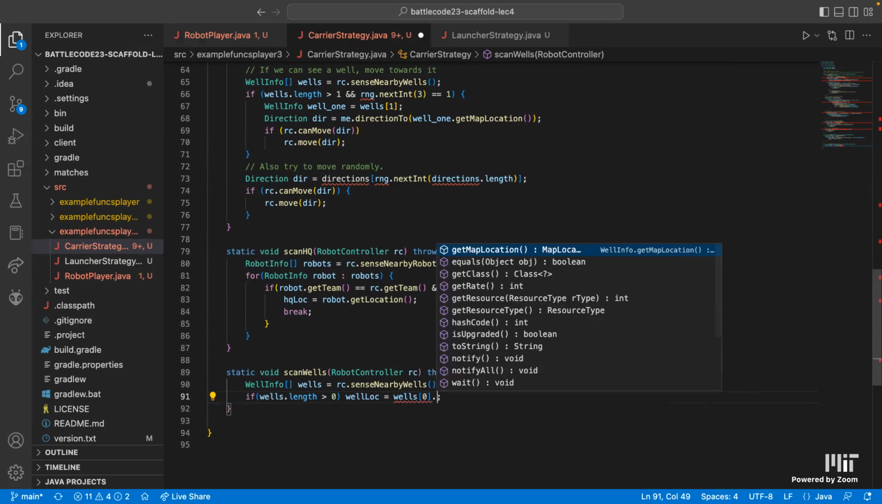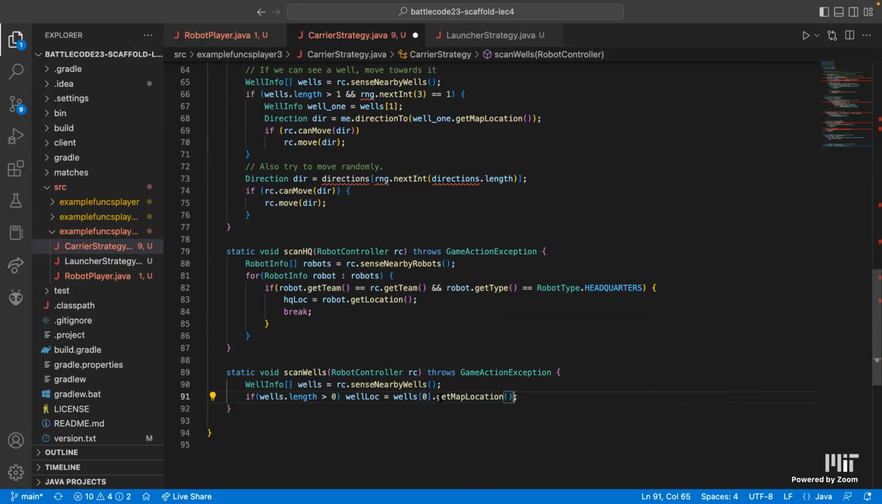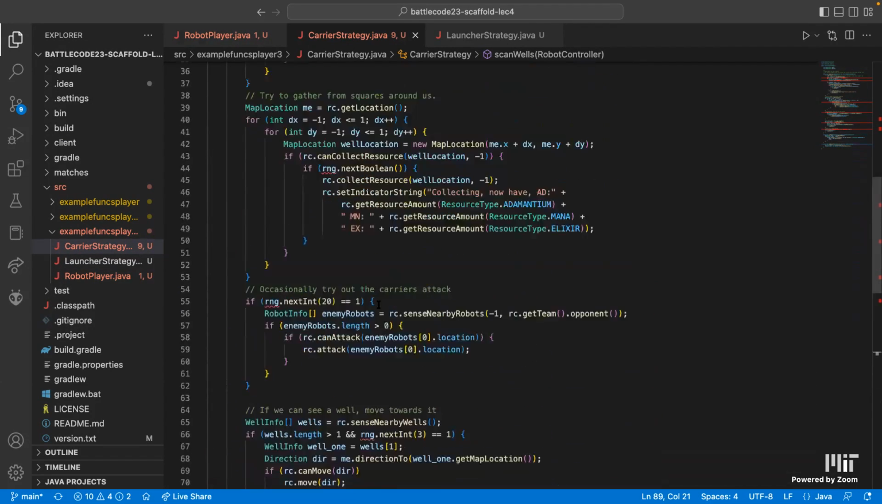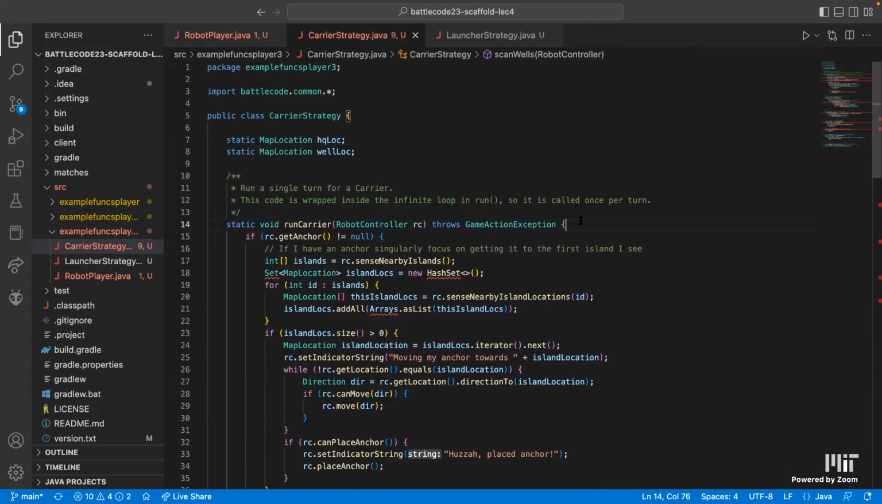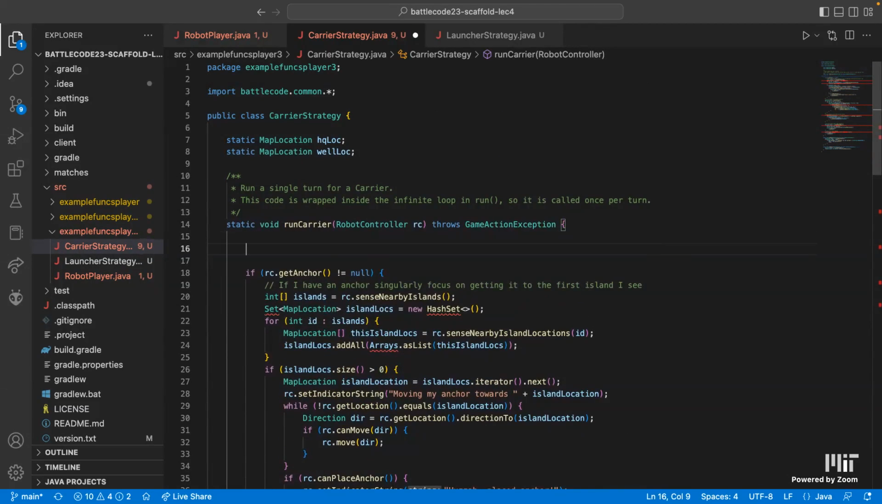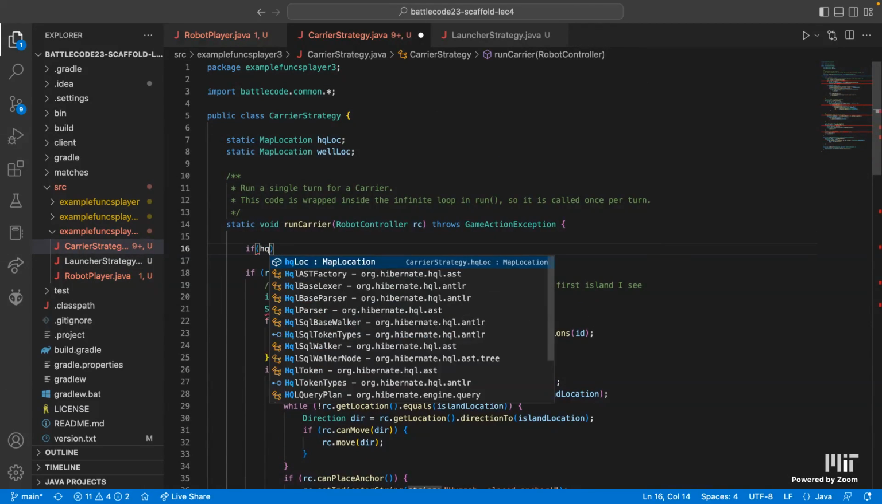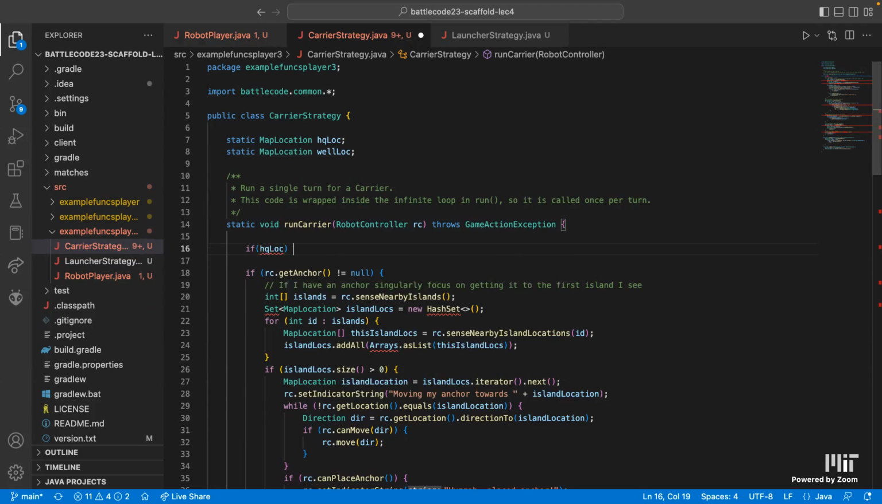We need to do wells of 0 dot get map location. Okay, so now we have a method that finds the headquarters, and we have a method that finds wells. And now all we have to do is remember to call those methods up here. So we'll say if we don't currently know where the headquarters is, then we will scan to look for the